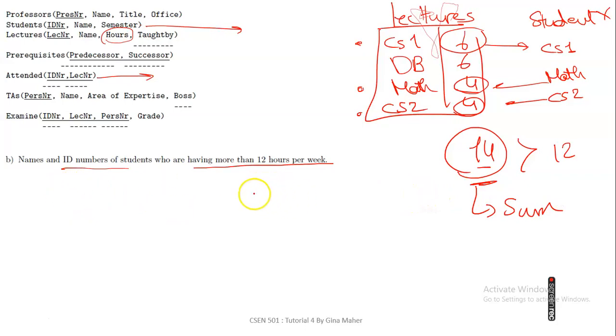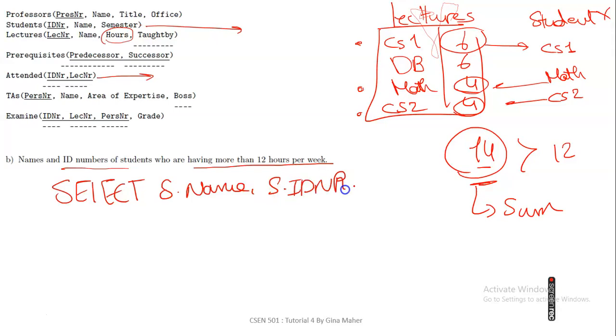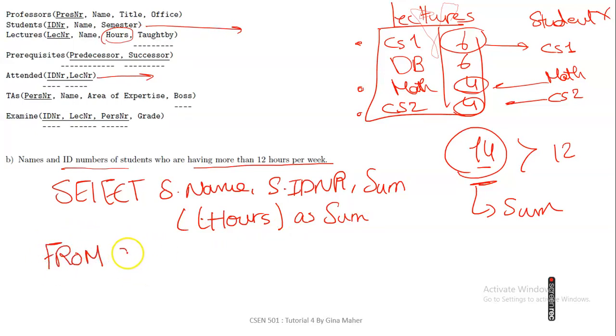Okay, so we need to use an aggregate function, sum, in order to get the summation of the hours. So the aggregate function should always be stated in the select statement. In select we are going to write the outputs that you want to see, which is s.name, s.id, and any aggregate function we are going to use, which is in this case the sum of the hours. Sum l.hours as sum, for example,